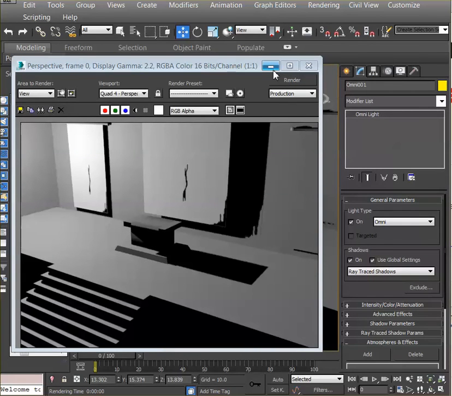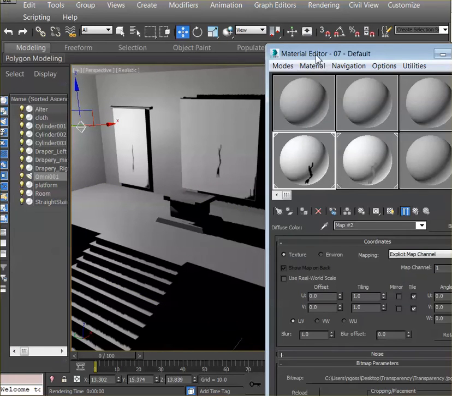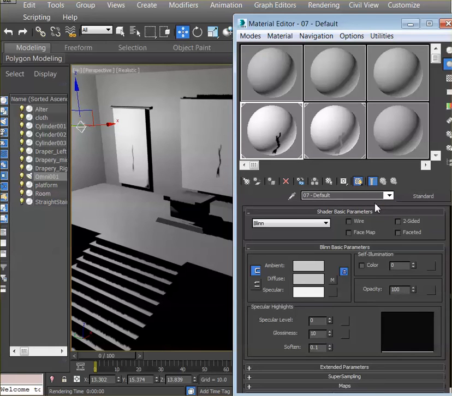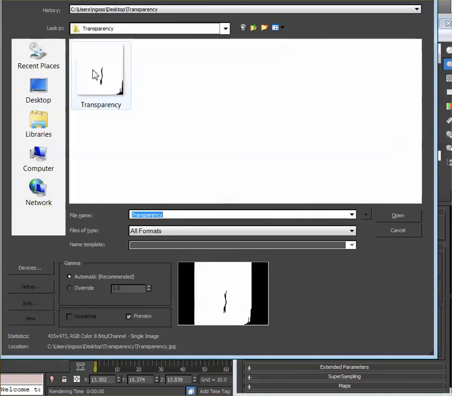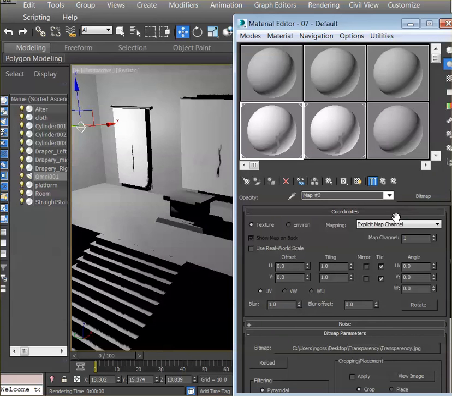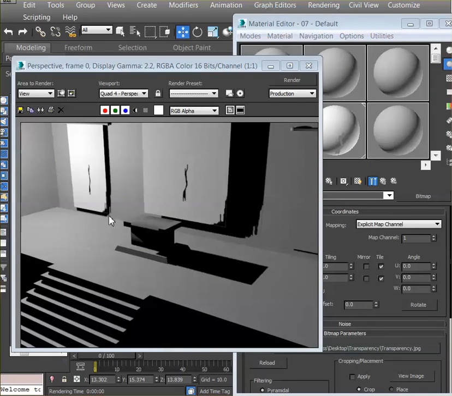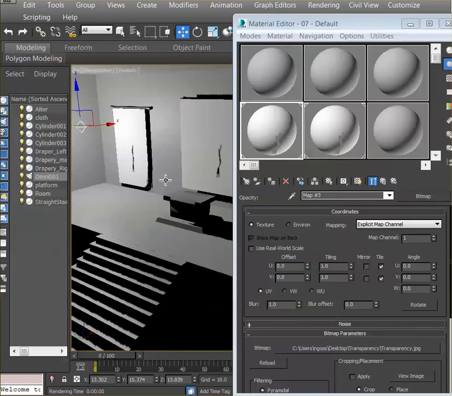The next thing I want to do is map. Let's go back to our material editor, and let's go to the first node here on the default. On the opacity, that's the transparency attribute, click there on the checkbox and map the same one that we just used, the transparency map. Say open, and immediately you see that there's a little bit of difference over there. When you render, now you're seeing how the map is working with showing the transparency of